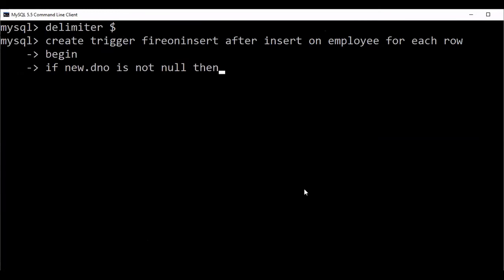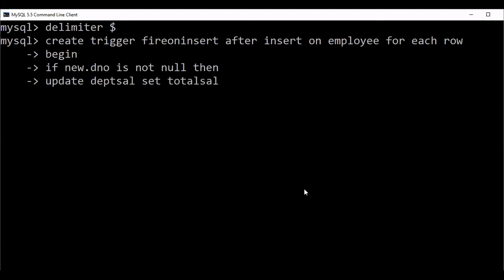And what will it modify? It will modify the total salary. That's why you write update. Update which table? The table name is dpt salary. Set which column? Total salary.